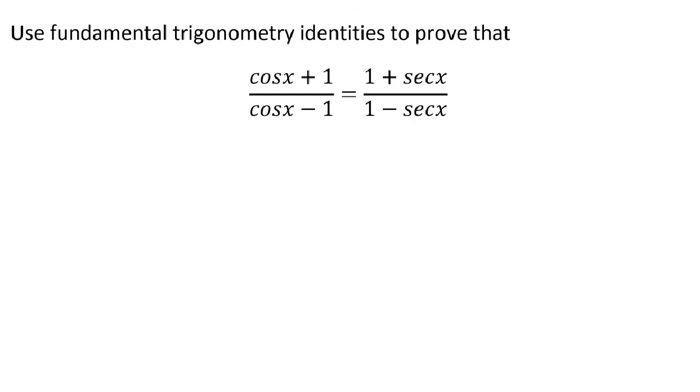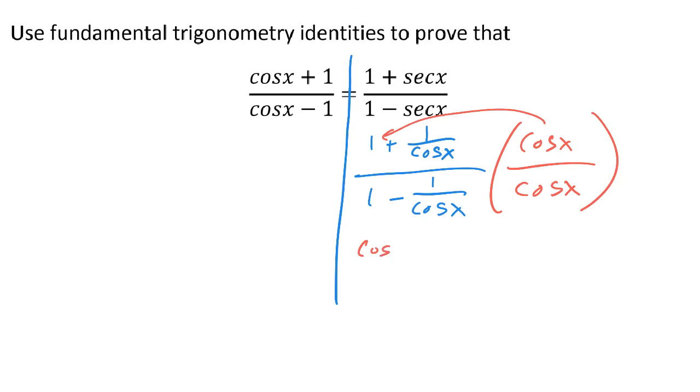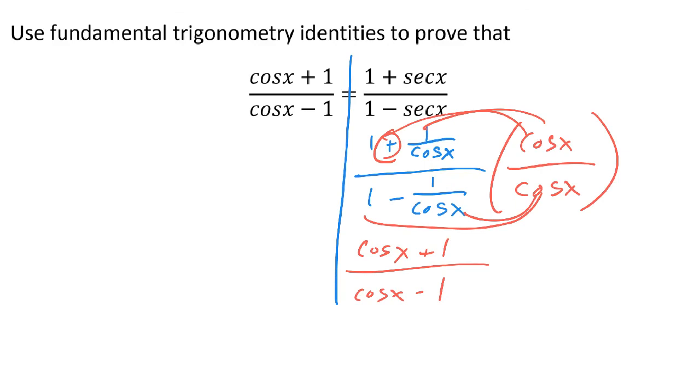Here we go. Maybe you could do some crazy work on the left, but to me, when in doubt, I switch these guys, especially because they'll become cosines, which is what I have on the other side. Now's another chance for me to do my cool new lick 'em over lick 'em, which is just if I took this times cosine and cosine, all the denominators will cancel out. That's going to give me a cosine here, but just a plus 1 here, so plus 1. And then on bottom, it's going to give me a cosine and minus 1. And then I'm done. Man, that's such a cool